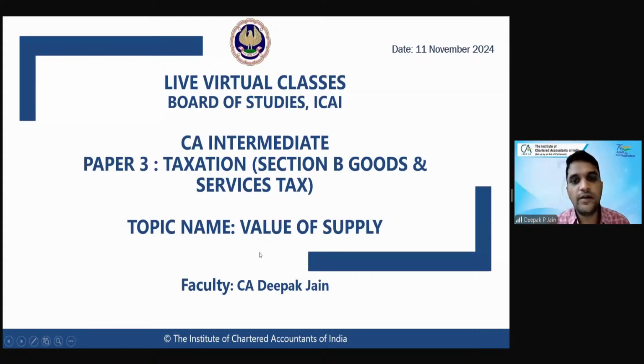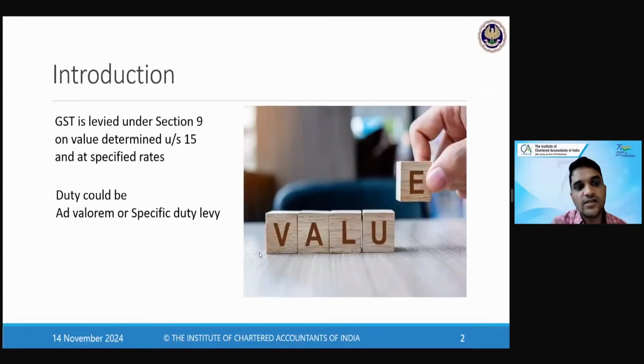Okay. So we'll now be discussing value of supply. Time of supply gives you the time when you have to make the payment. Value of supply will tell you on what value you have to pay the tax. Like we had discussed, taxes can be ad valorem or specific duty, which means, if you see under customs, you will know that the duty is ad valorem and special duty also, which means that